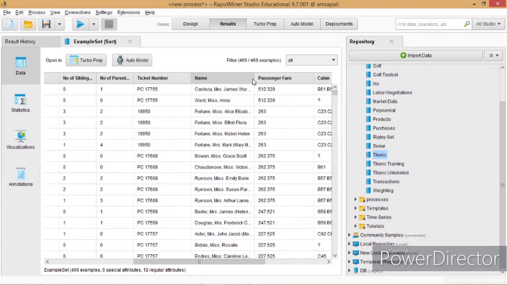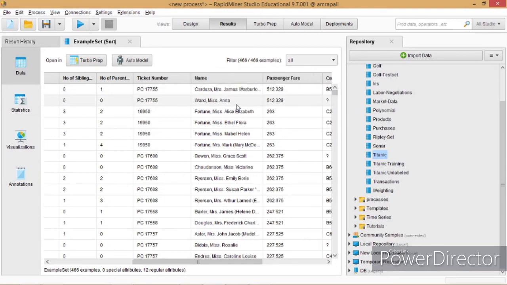As you can see here, Cardeza is the woman who paid the highest fare for Titanic traveling. Then Miss Anna is also a woman who paid the highest fare for the Titanic. So likewise, you can easily sort the data.